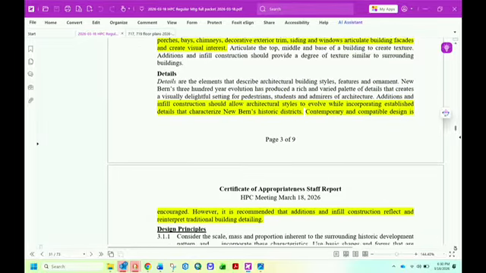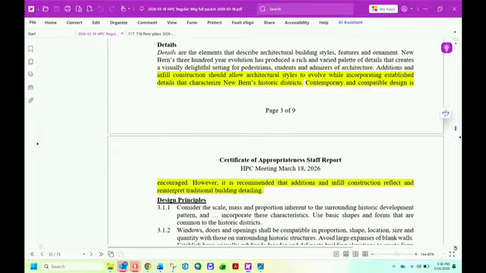For the details, infill construction, which is this case in particular, should allow architectural styles to evolve while incorporating established details that characterize New Bern's historic districts. Contemporary and compatible design is encouraged. However, it is recommended that additions and infill construction reflect and reinterpret traditional building detailing.